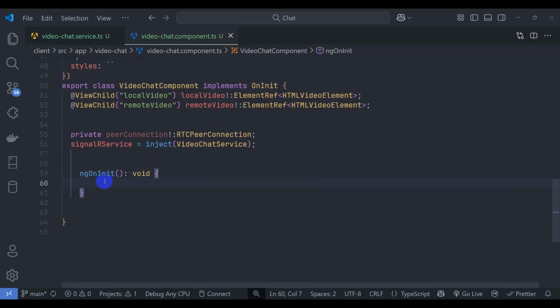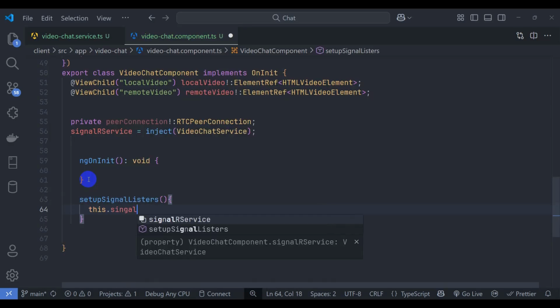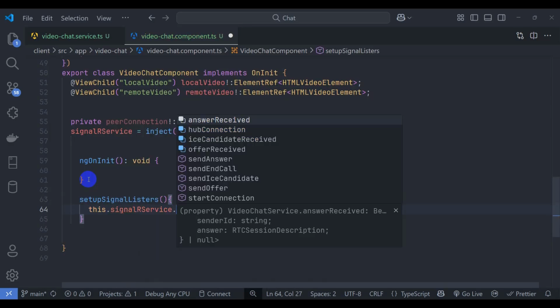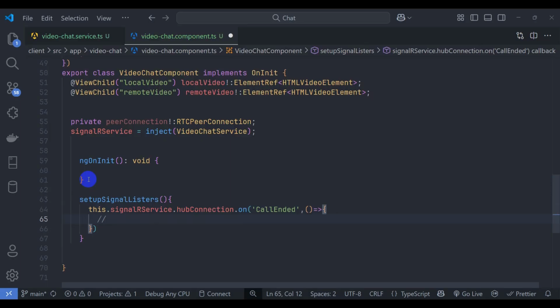Here first of all let's set up our SignalR listener, SignalR connection, and edit this.signalRService.hubConnection.onCallEnded equals to, let's implement here endCall, todo endCall,